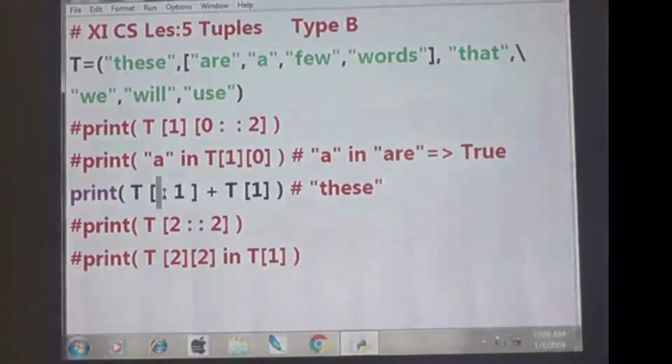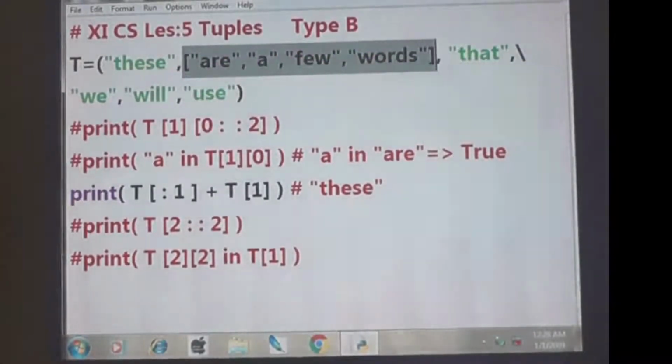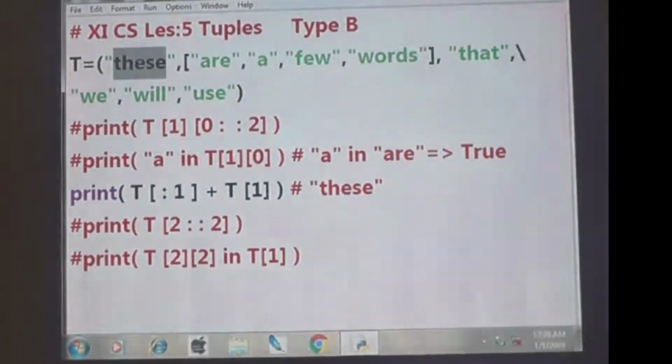If nothing is given, you have to take it as 0 for the starting point. Right? Then if I give 1, it will finish before 1. So this is 1. To finish before this 1, you have to take these values. So T of colon 1 means the answer is this. Understand?